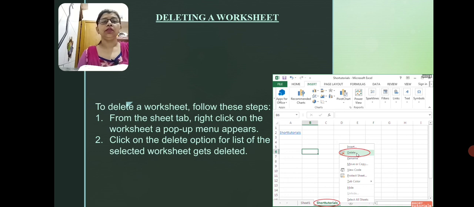Now today you have seen how to rename a worksheet and how to delete a worksheet. Children, I hope you understand the topic. Please buy a book from the shop and read the chapter carefully, and read each and every step. If you want to learn the computer, the worksheet, Excel, you have to practice it, also by YouTube.